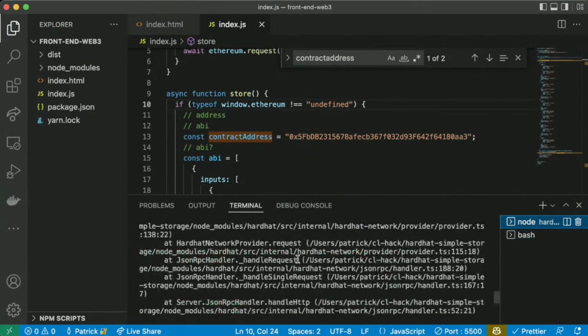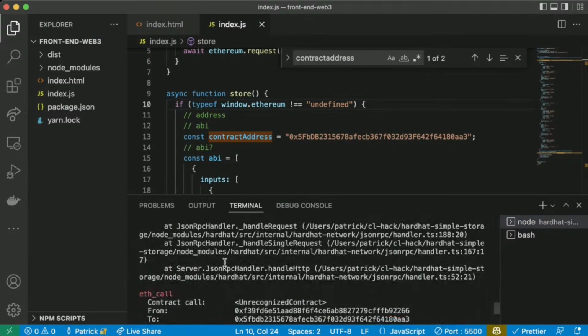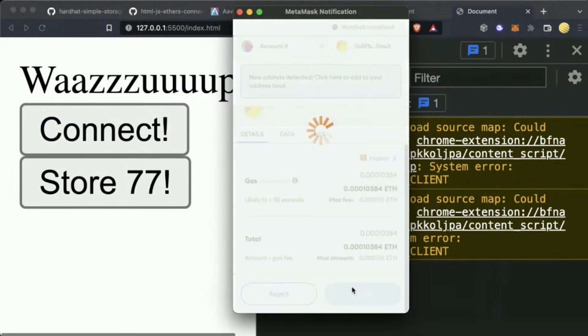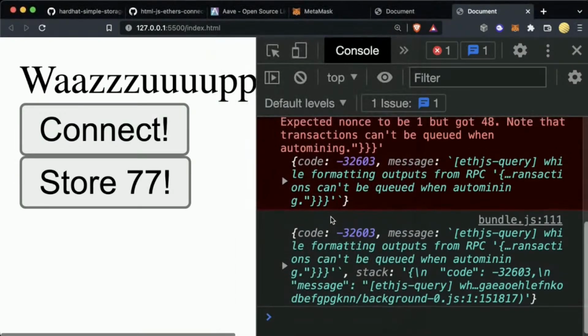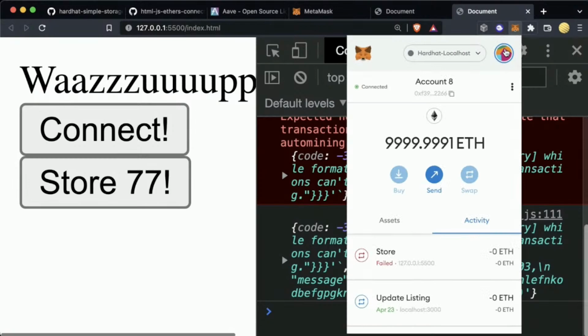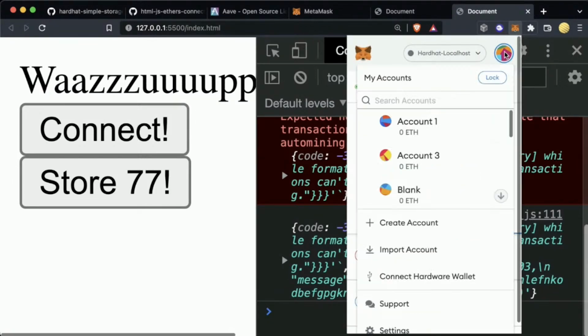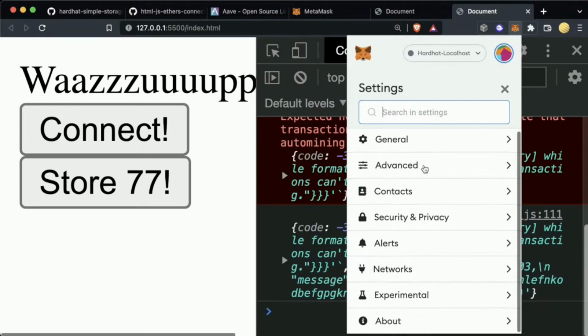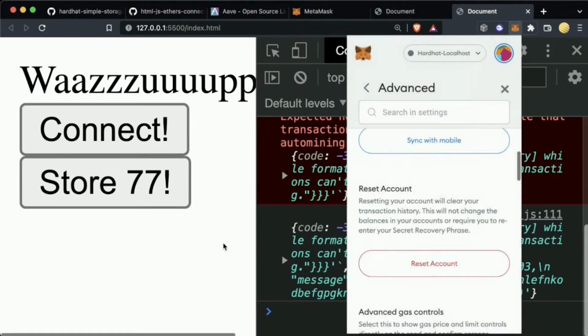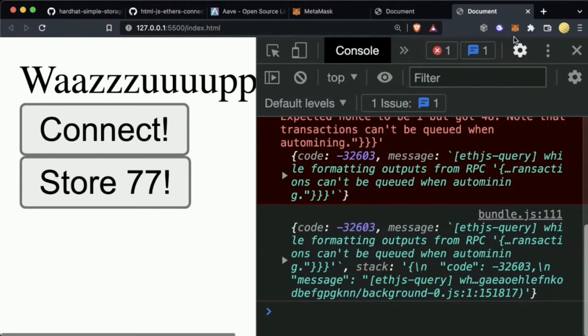And if we go to our local blockchain, we scroll to the bottom. Right now, we saw some errors because there was no contract address. But once we hit confirm, oh, excuse me. So one of the annoying things about doing this stuff is whenever you're working with a chain like Hardhat, where your nonce is going to change all the time, you have to reset the account all the time. So if you run into stuff like this, just go to your Hardhat, reset account, and that resets the nonce, like I just said.